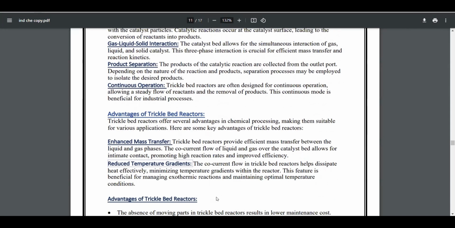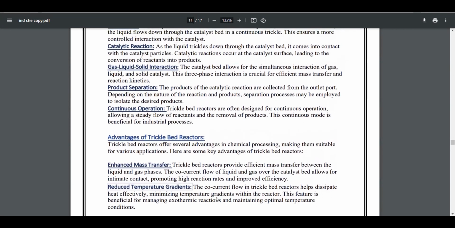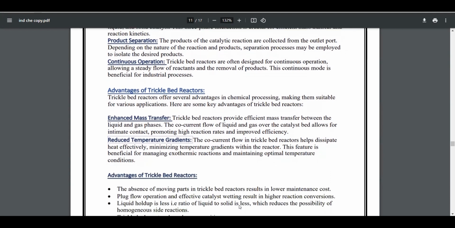The absence of moving parts in the trickle bed reactor results in a lower maintenance cost. So the maintenance cost will be low, because there are no moving parts. And then the plug flow operation and the effective catalyst wetting result in high reaction conversion, and the liquid holdup is less because the ratio of the liquid to solid is less, which reduces the possibility of homogeneous side